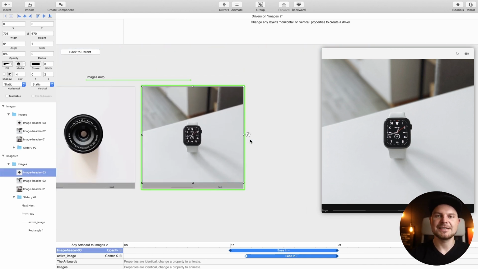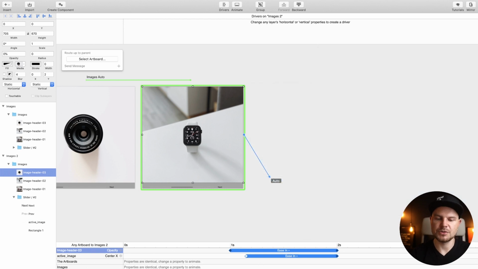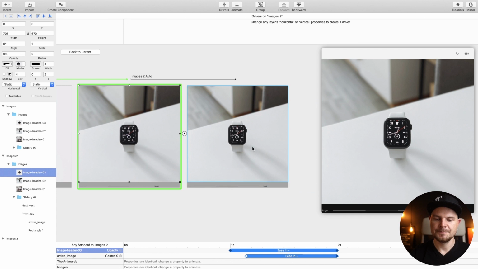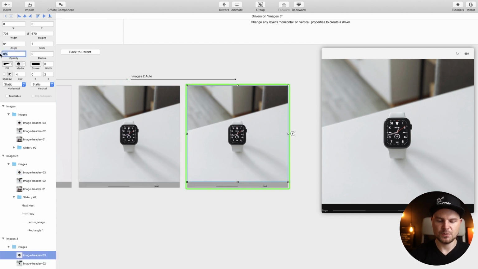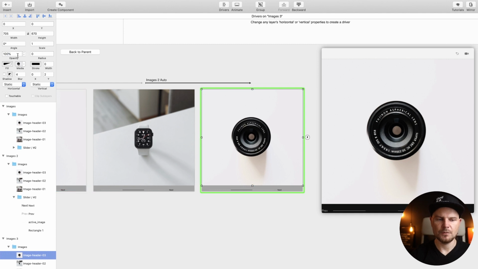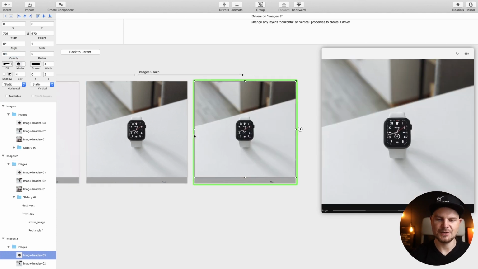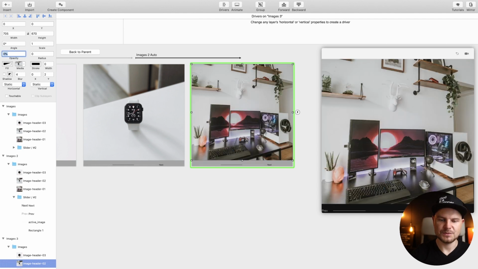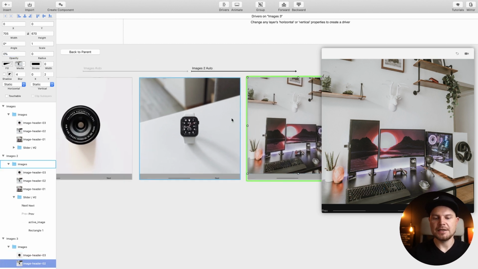Now let's create the second state. The second will be to show the third image. So auto, done. In this case, this image goes away. We select the second image, we set it to 0, and we show the third image. Perfect. We showed the third image, but at the same time, to be prepared for the next state,